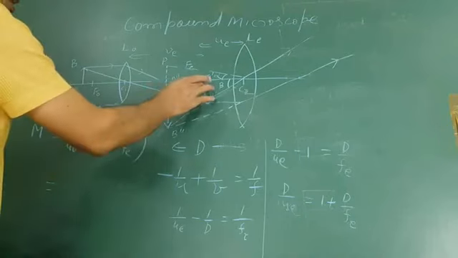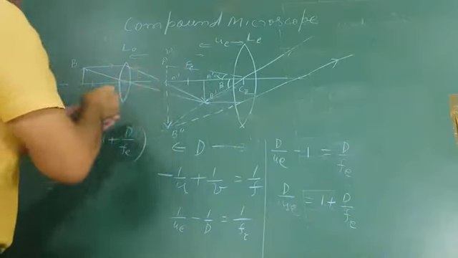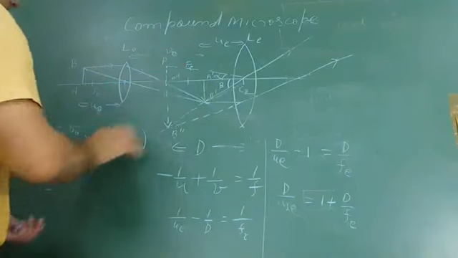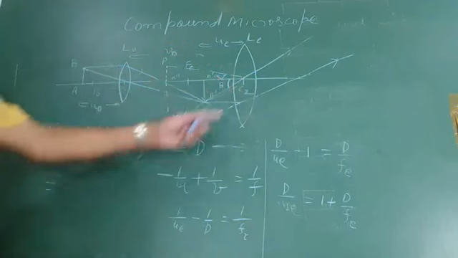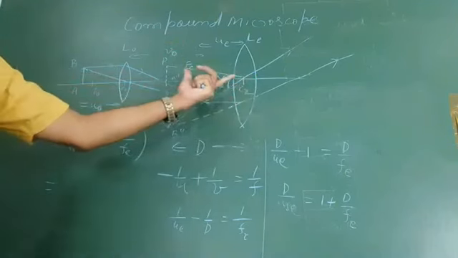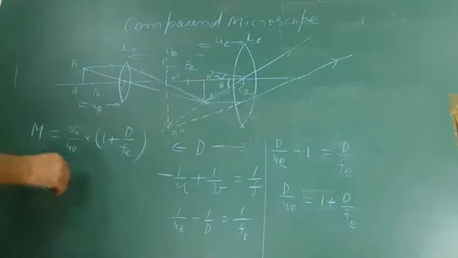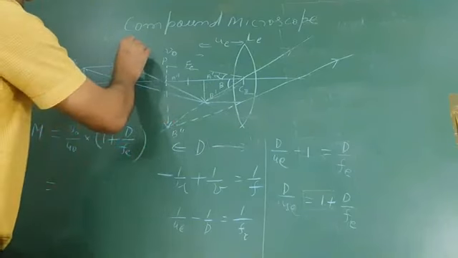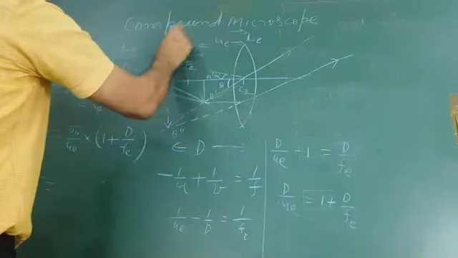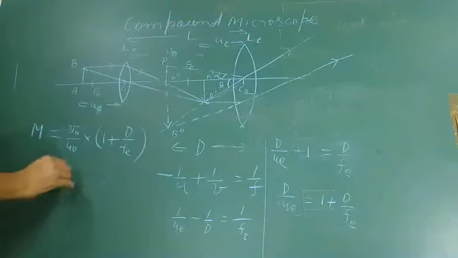This image is forming at this point. So this distance is VO. That distance was VO, and this image is very close to this lens, because its focal length is very, very small, so this distance is negligible. So VO will be almost equal to the distance between the objective lens and the eyepiece. Suppose that distance is L. So this distance is L, and it will be positive,